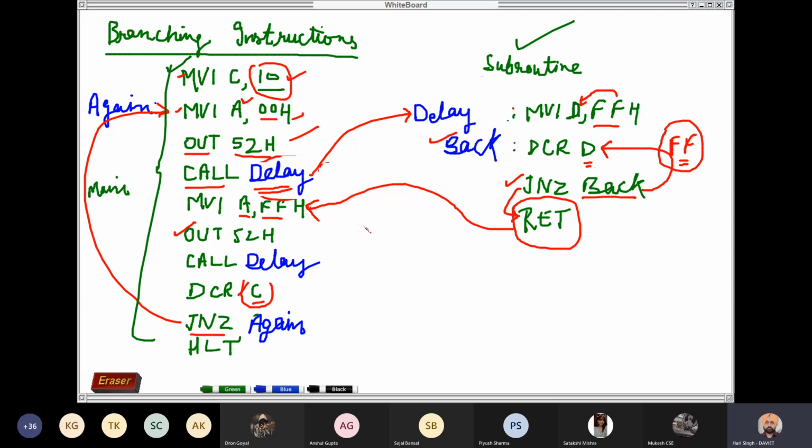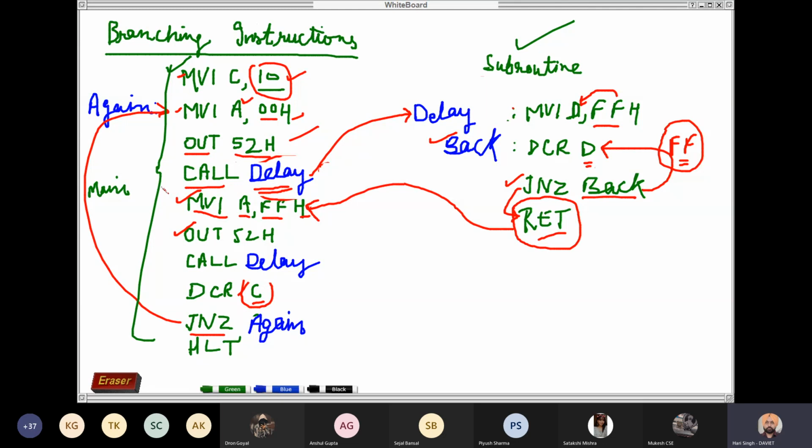Okay. So in our previous lectures we have discussed how stack memory plays a role while executing call instructions. While executing a call instruction, the microprocessor saves the next instruction address in stack memory. The contents of stack memory are then retrieved and placed in the program counter, and the microprocessor starts executing the next lines.